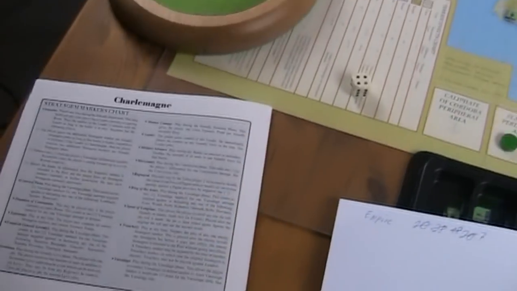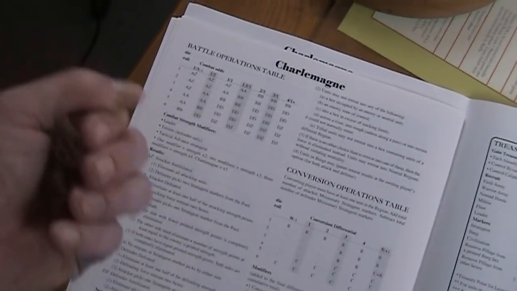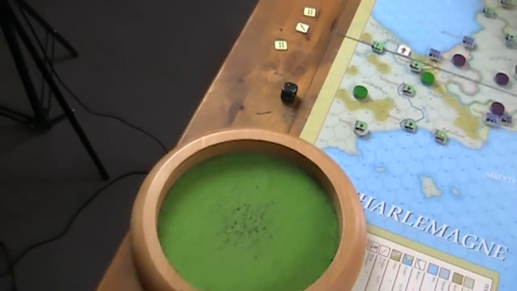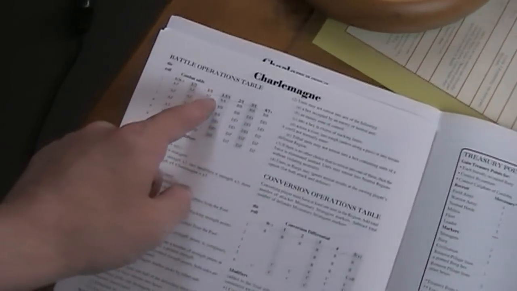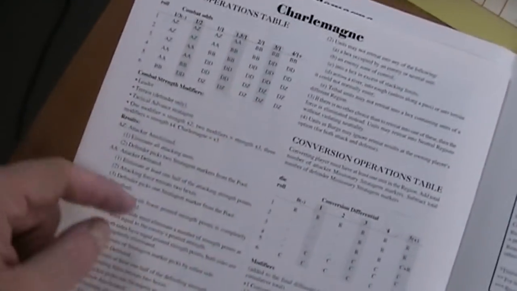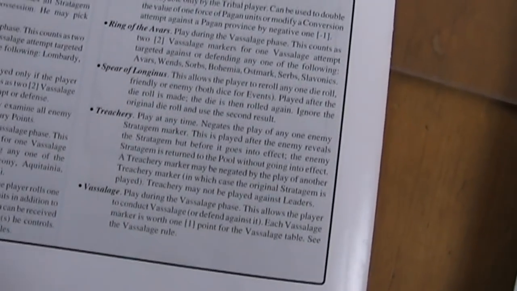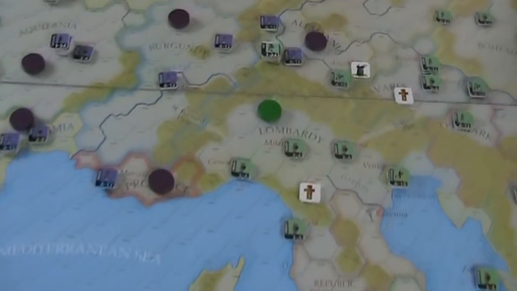So I think that basically, yeah, we only have a 3-1, but that's pretty good. And as long as we don't roll a 1, we should be okay. So the question is if this guy wants to throw in a military advance. I mean, he could do it. It would bring him then... What would that do, actually? The military advance doubles the strength of all units in one friendly force. So then there would be...